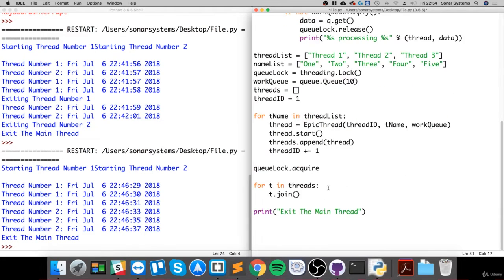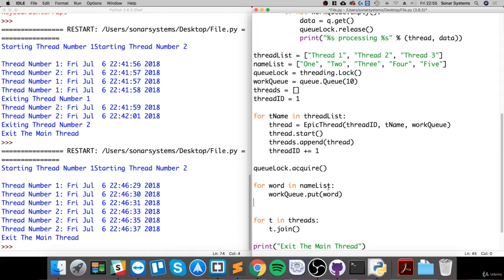Let me scroll down a bit. And now we're going to do for word in name list, work queue dot put word, queue lock dot release,